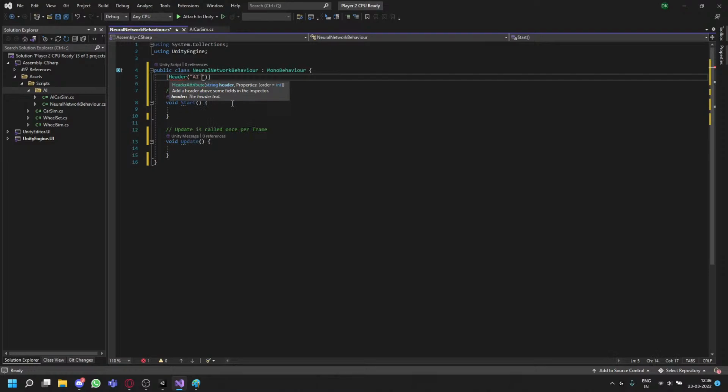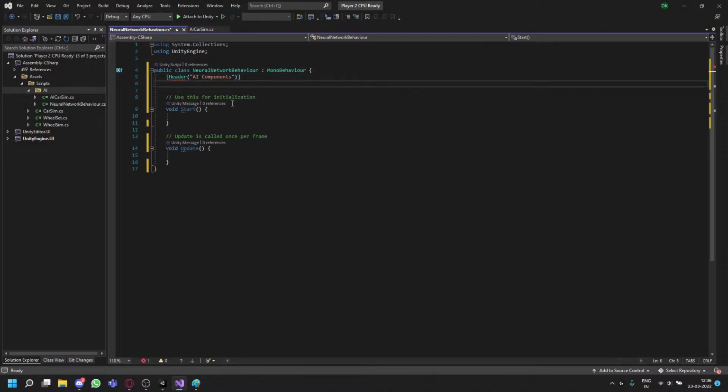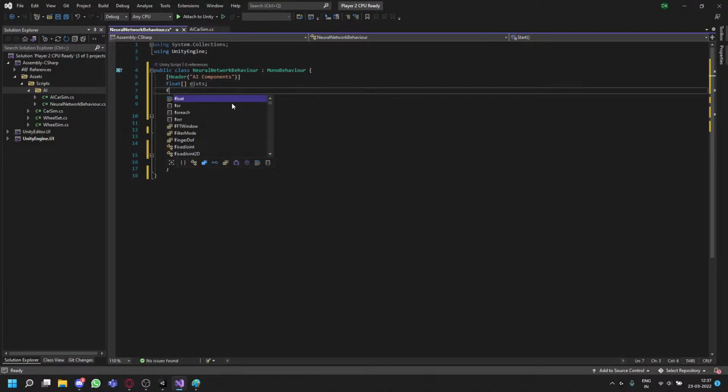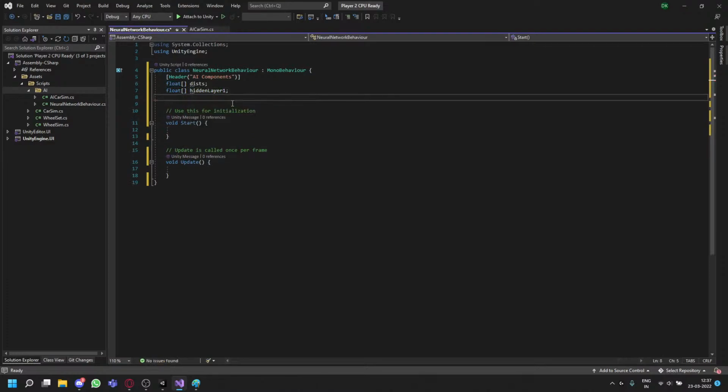We'll call it AI components, and the first thing will be the distances, and these distances will be our input. Hidden layer 1, public, public, public,